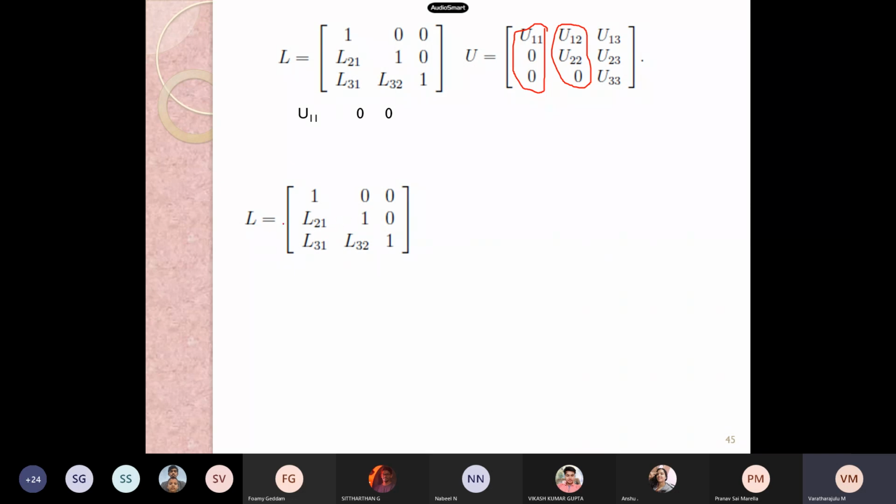See here, this is what the lower triangular matrix should be, the first matrix. And what I am trying to do is write the first column at the top of this matrix, and then do the multiplication of each respective term. Now 1 into U11, that is U11. Then here L21 into 1, isn't it? L21 into U11 plus 1 into 0, that becomes 0.